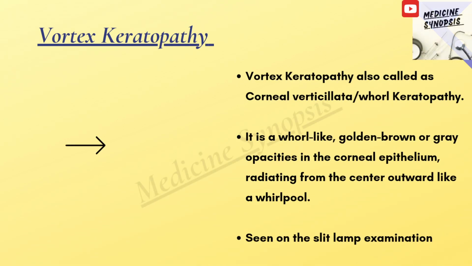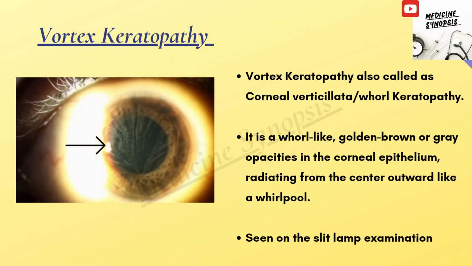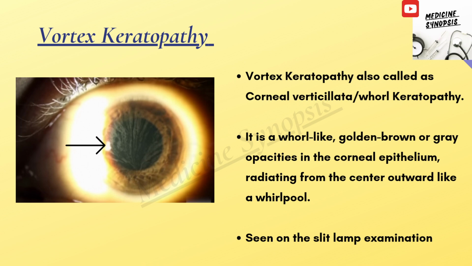Let's begin with this classical slit lamp image. Can you see the whorl-like golden brown lines on the cornea? This is the hallmark of today's topic, vortex keratopathy, also known as corneal verticillata. It is a whorl-like golden brown or gray opacity deposited in the corneal epithelium, radiating from the center outward like